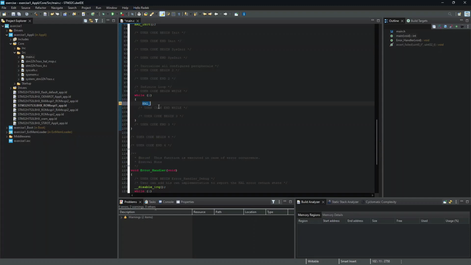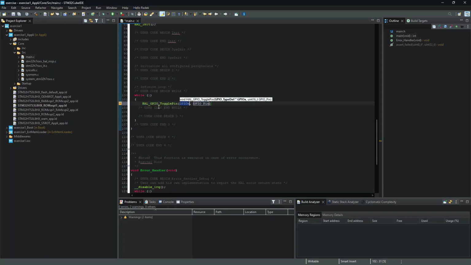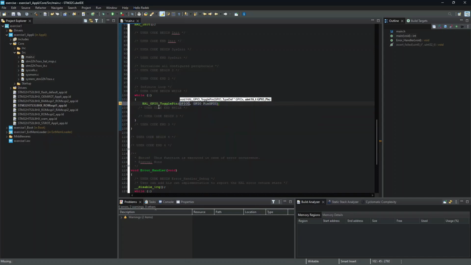I will put here HAL_GPIO, I can press Ctrl+Space to get suggestions, and I want to toggle pin, and I think it will be GPIO D and GPIO_PIN_